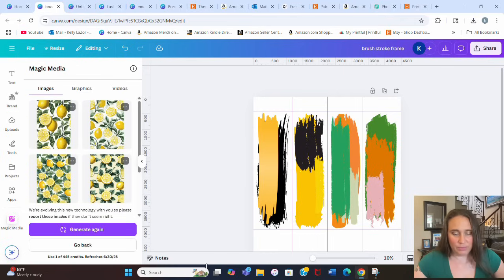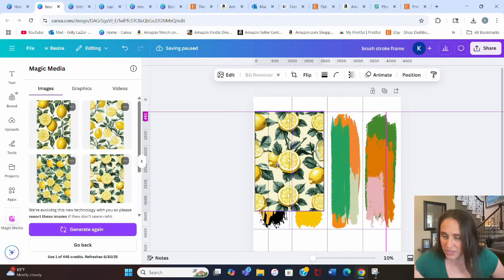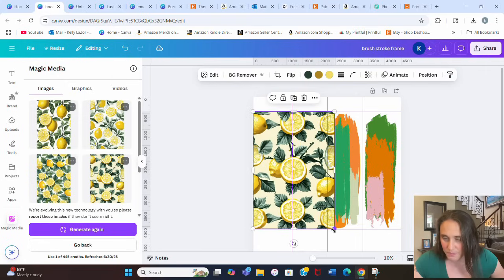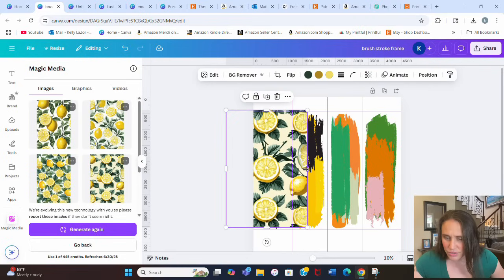And so it's come up with actually a lot of cool ones here, and they're all sort of different. So I like a lot of them. So like this one looks really cool. I could definitely see myself liking this one. And so what I would do is something like this, and you just